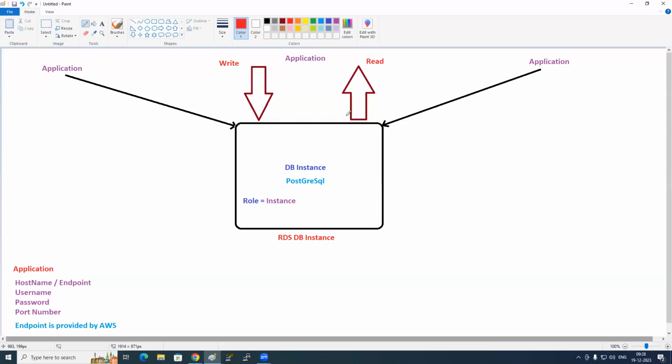What will happen to the DB engine? It will become very slow. It will not perform. So instead of giving good performance to the applications, do you recommend connecting these read-only applications to the main database? No. So what we can do is here,